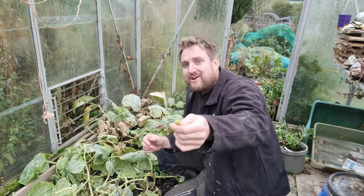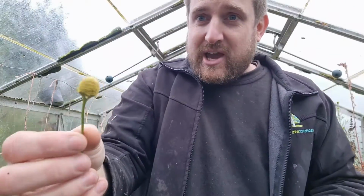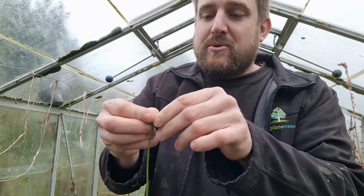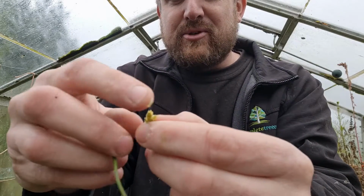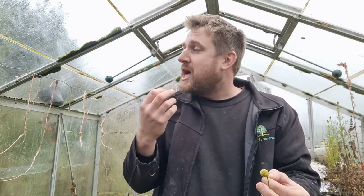So they grow like a little petalless daisy. They've got just this little daisy head on them, no petals, and what you do is you break apart some of the fronds on there, and you can see actually the little black seeds. It's all edible, and you put that on your tongue and eat it, and what you get is this kind of